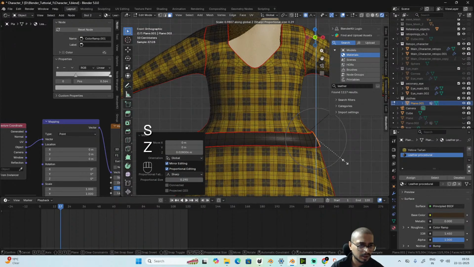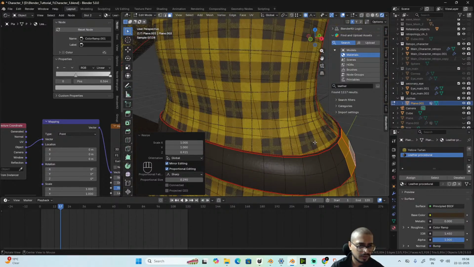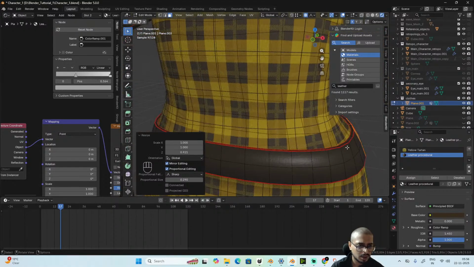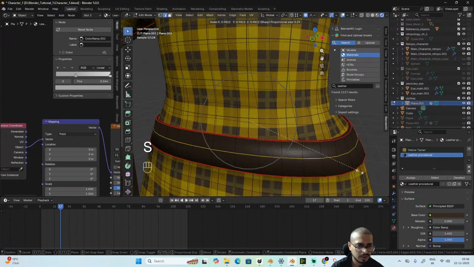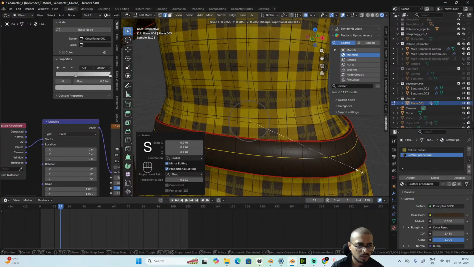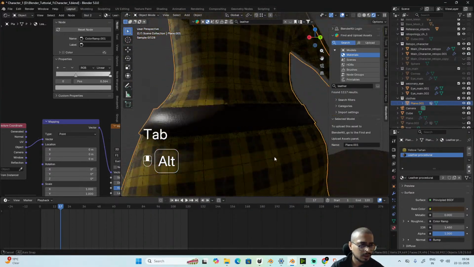I'll scale it on the Z axis a little so that it matches the entire build or feel of it. What I'm going to do is select all these and scale them down a little so that it doesn't look very bulky. Yes,